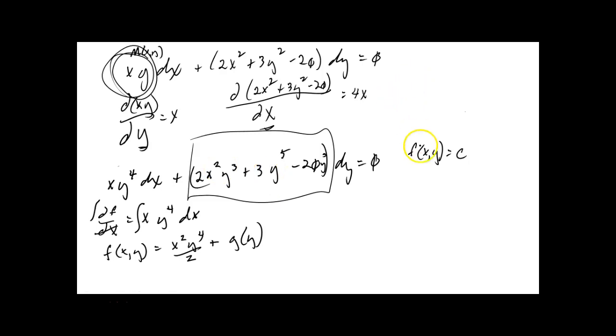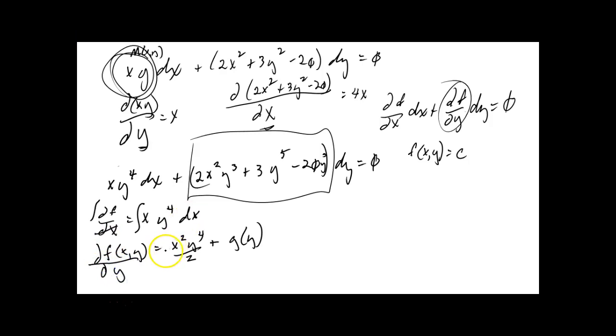That's how we do our partial. If we're taking a partial derivative of this, the partial of f with respect to x dx plus the partial of f with respect to y dy is equal to 0. That's what our assumption is, that we have some f that works. So this expression here needs to be this, partial of f with respect to y. So let's take the partial of this f with respect to y,